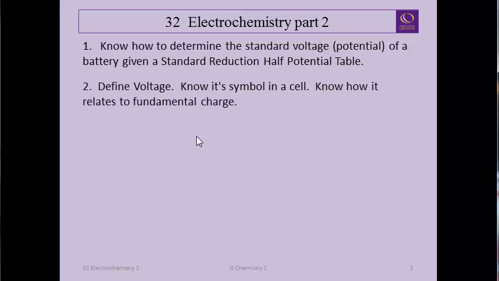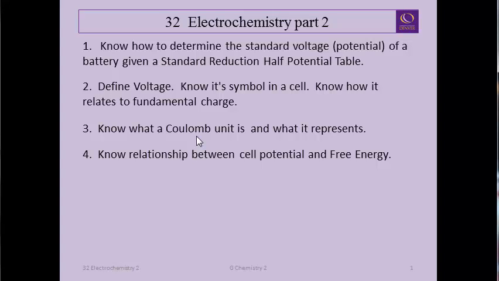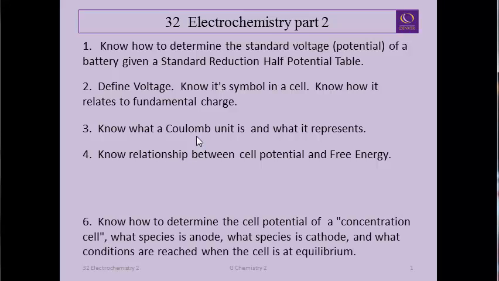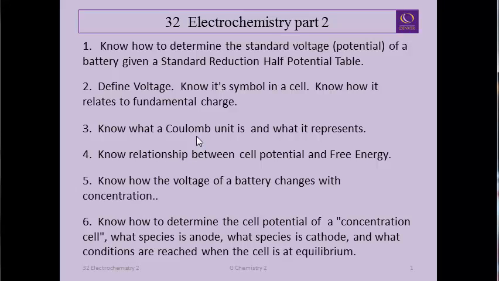I want you to be able to define voltage, know what it really is, the symbol, and know how it relates to fundamental charge. I want to introduce the Coulomb unit and help you understand what that means. I want you to know the relationship between cell potential or voltage and free energy, which we've talked about back in the thermodynamics section. I'd also like you to know how the voltage of a battery changes with concentration,